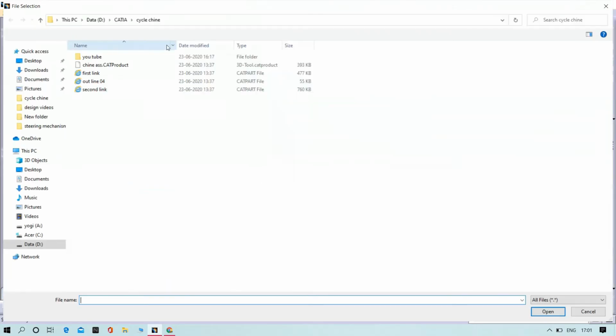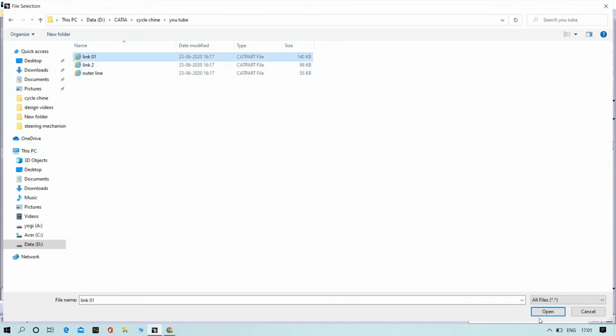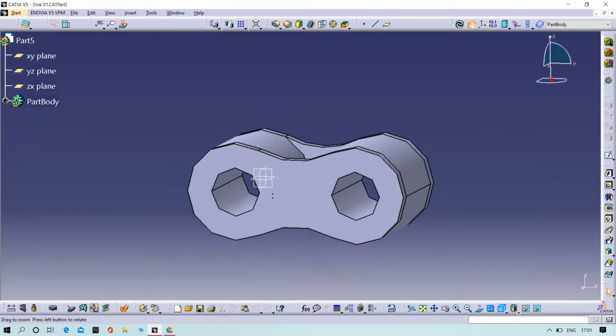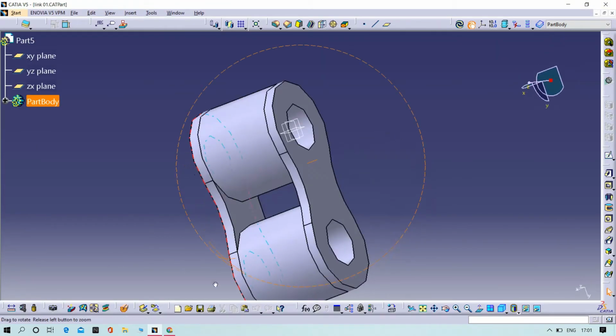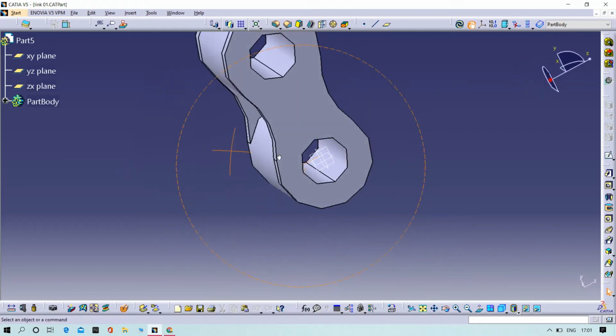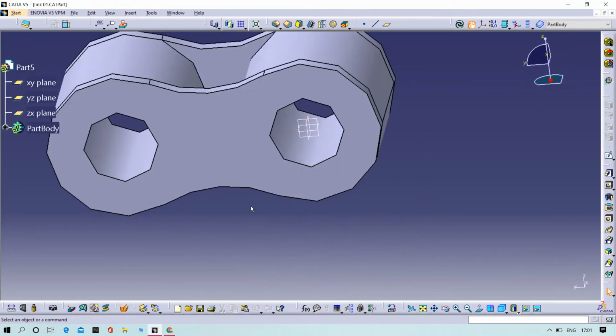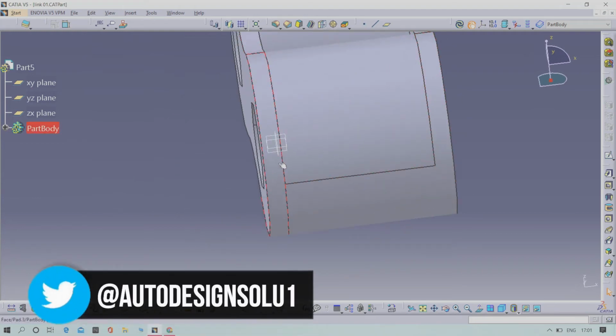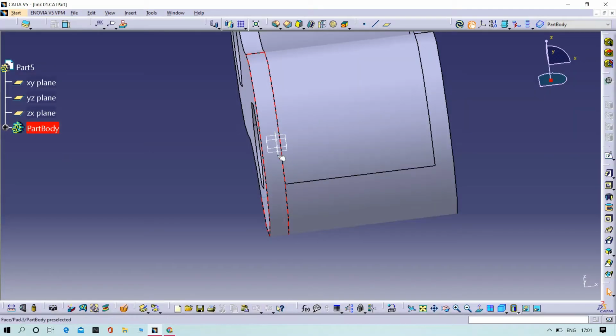try to open the links. Link 1, open the link 1, then try to make one duplicate plane at center point, as you are seeing now.